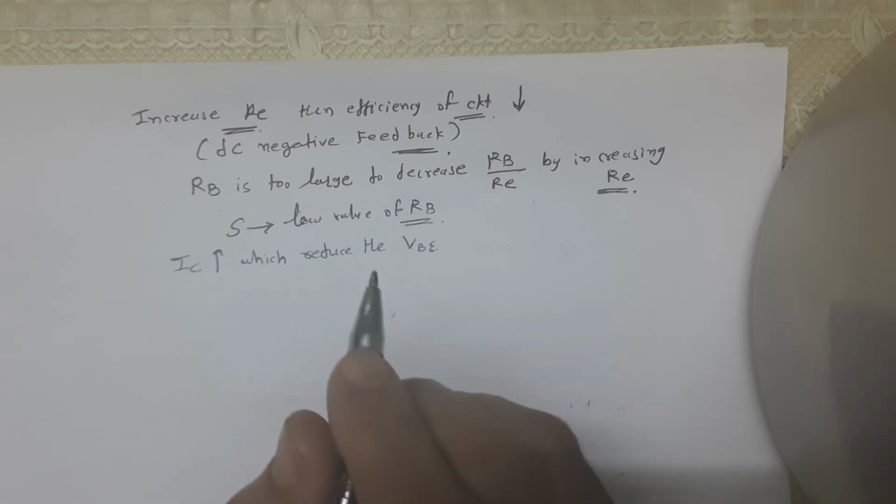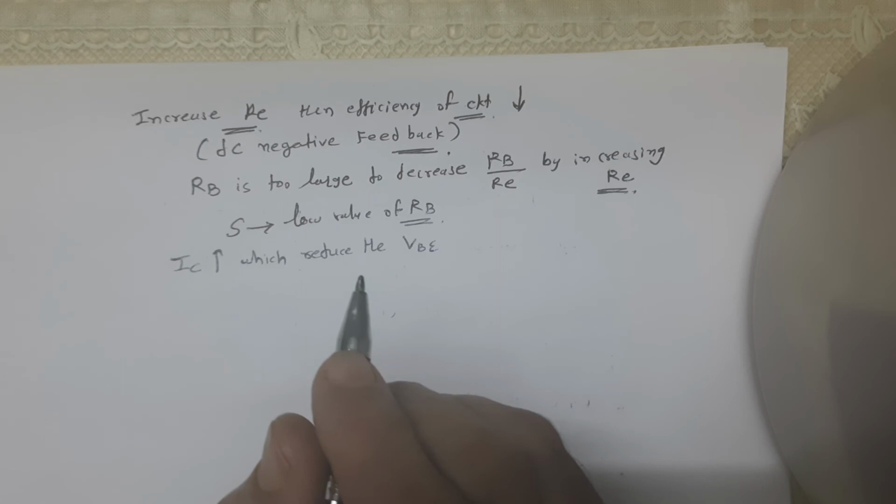If the increase in input resistance is comparable to RB, then the effect of RE on decreasing IB is very high. But here the value of RB is very high, so the increase in DC resistance is not comparable to RB. So the effect of RE on IB is very small. So the only way is to have a low value of RB. This can be achieved in a voltage divider bias.